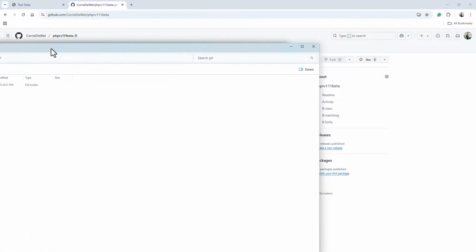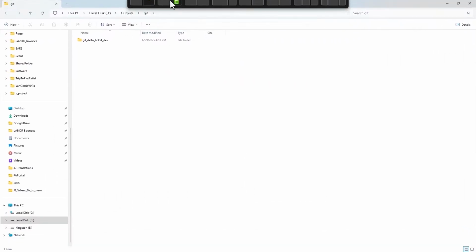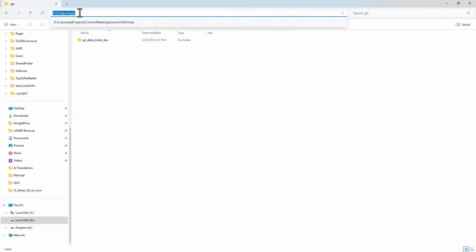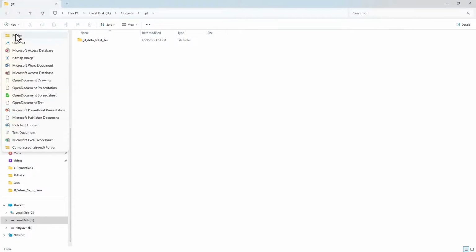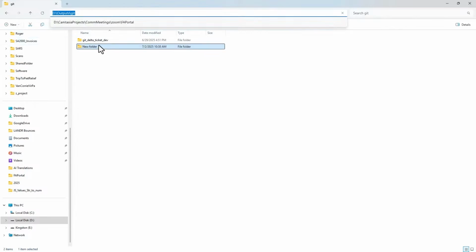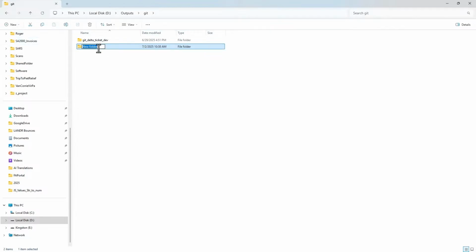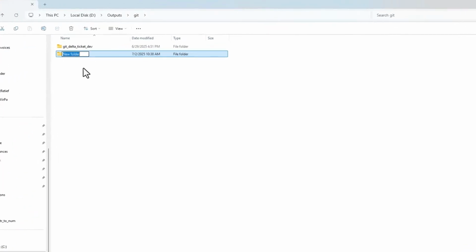So now the next step would be to create a special folder. I have a special place on my D drive, because it's a much bigger disk and I have a lot more space over there. I create a new folder there under D outputs, and then Git.